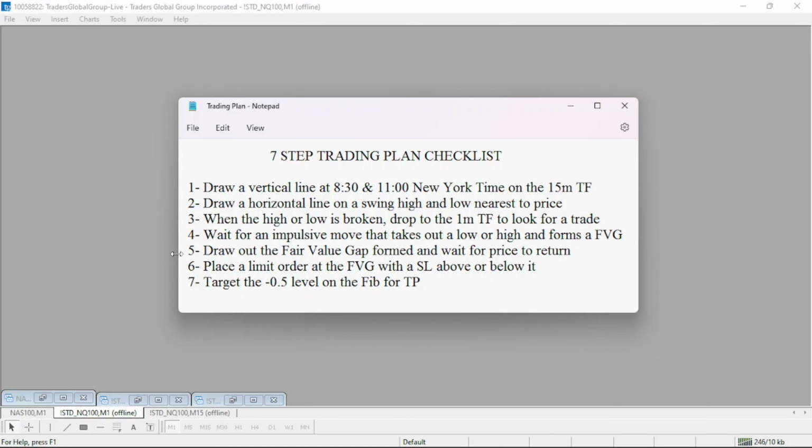fair value gap. Step 5. Draw out the fair value gap formed and wait for price to return. And when price returns, we place an order on the fair value gap with a stop loss above or below it. Then step 7, which is the last step, we target the negative 0.5 level on the fib for our